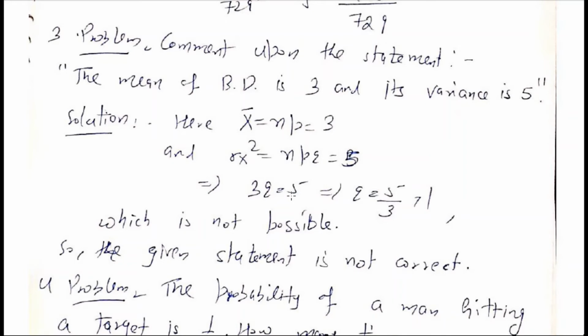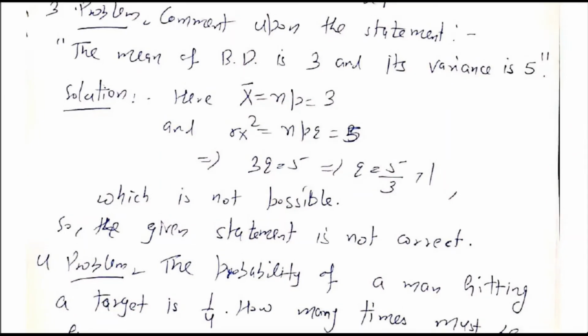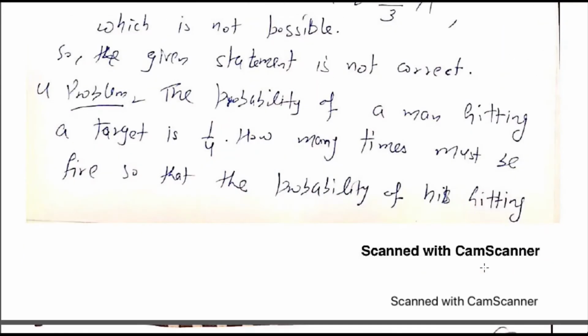which is greater than 1, which is not possible because we know that probability is always less than or equal to 1, and greater than or equal to 0. So the given statement is not correct. So our fourth problem is: the probability of a man hitting a target is 1 by